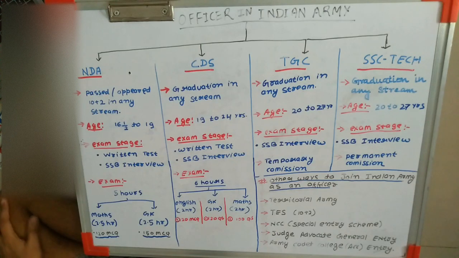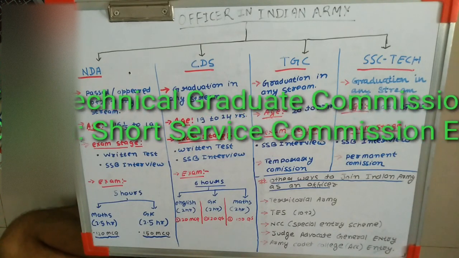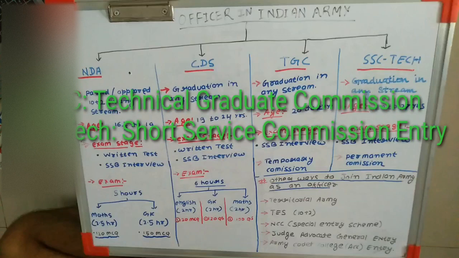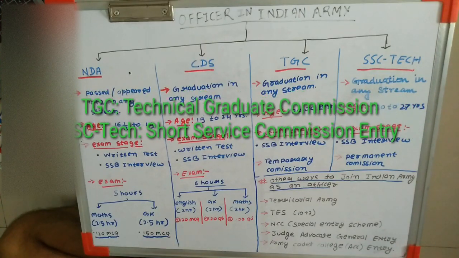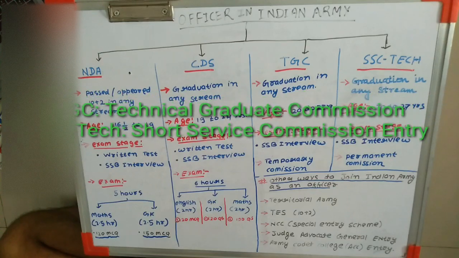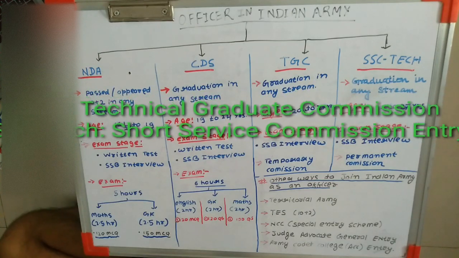But in the mathematics there would be 100 questions, and it would also be of the same pattern, that is MCQ. Now the rest of the two entries are TGC and SSC Tech. So these both entries I would be discussing together, because most of the points in these two entries are similar. There are a few points that differ in these two entries that I would be discussing in the latter